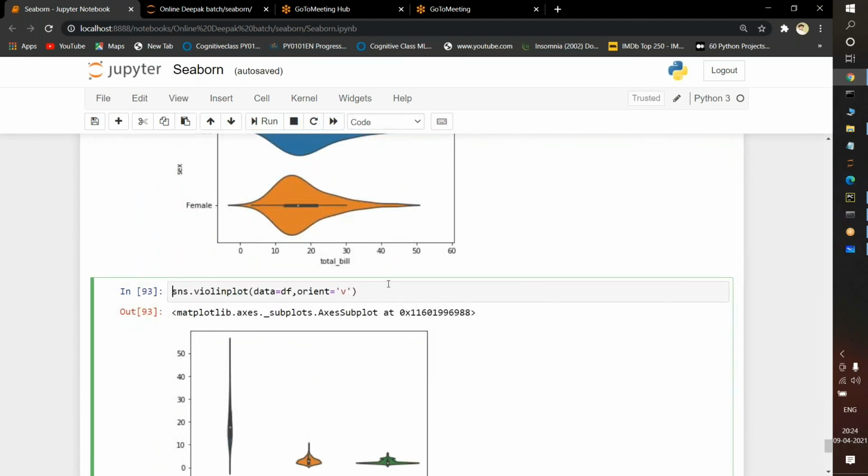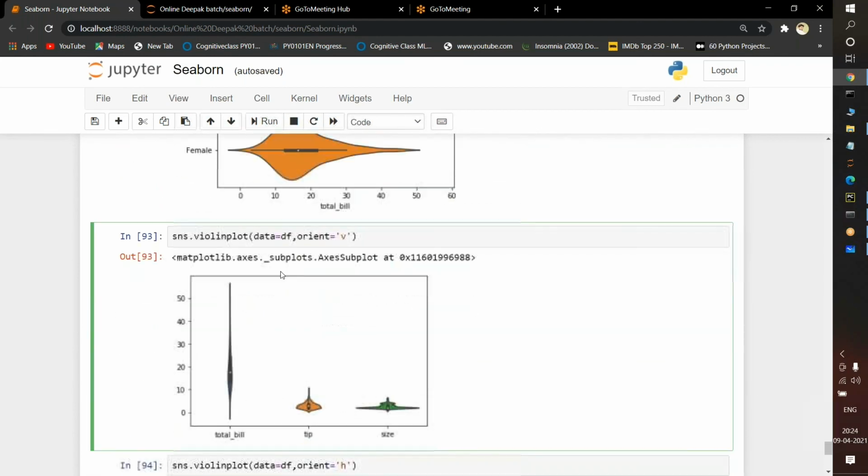Here also it is the same. Instead of passing individually, I can pass with the help of this violin plot. I am passing data df and orient equal to v. This v is nothing but vertically. What is the meaning of vertically?